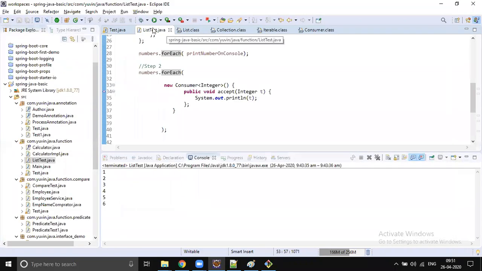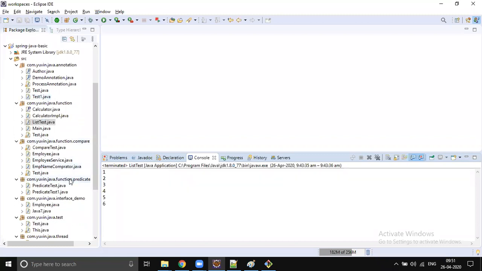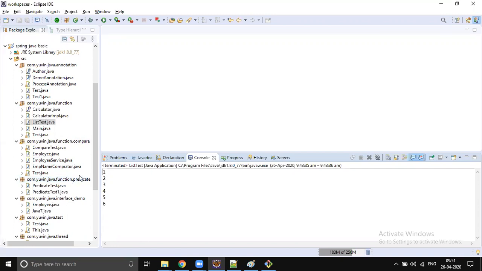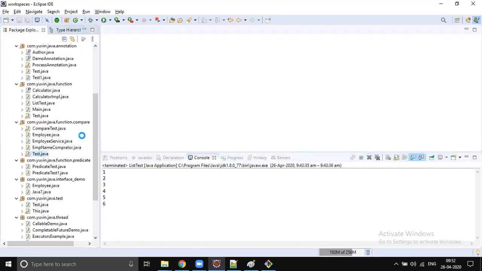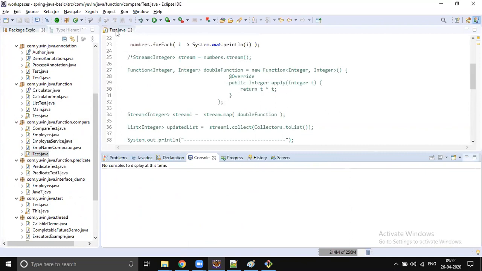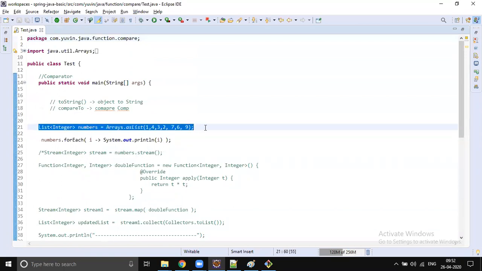Okay. Then it's time to learn one of the most powerful concepts of Java 8 called stream. Let me check the code. Somewhere I wrote that. Yeah, here is the place. I won't write this this time, I'll just directly show you how things will work. So look at this. This is the list which we created, right? Random numbers 1, 4, 3, 2, 7, 6, 9. So we got some list where we have random numbers.